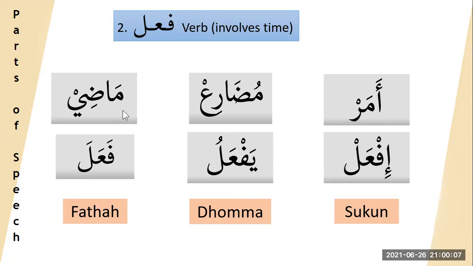Then how do you recognize the madi verb inside the Quran? It has a fathah, meaning there are a lot of fathahs in the word, like fa'ala, daraba, nasara, sami'a, kataba, all those. So we only focus on the singular form first. Singular form for he, the third person singular male. Normally we do that because many of those words are in that form, and we will learn the plural later. So you have madi, you know it by the fatha.